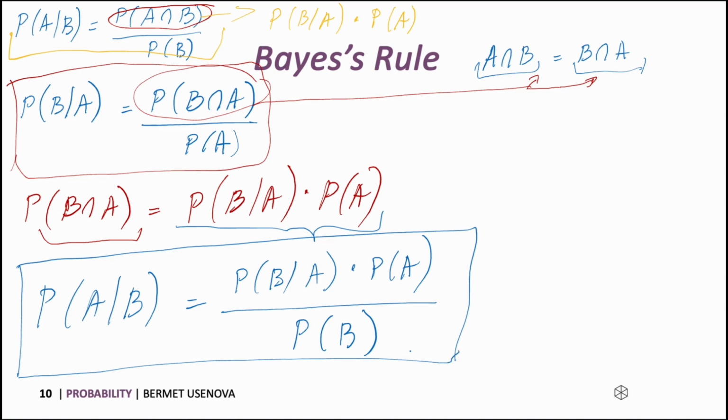Why do we need it? It's helpful because sometimes in some situations it's easier to calculate the probability of B given A than finding the probability of A and B. Depending on the situation, if you know one of those, you can use the Bayes rule to find another one. So let's take the previous example and calculate the probability of A given B. And we remember that A was getting 6 and B was getting an even number, 4 and 6. So using Bayes rule,